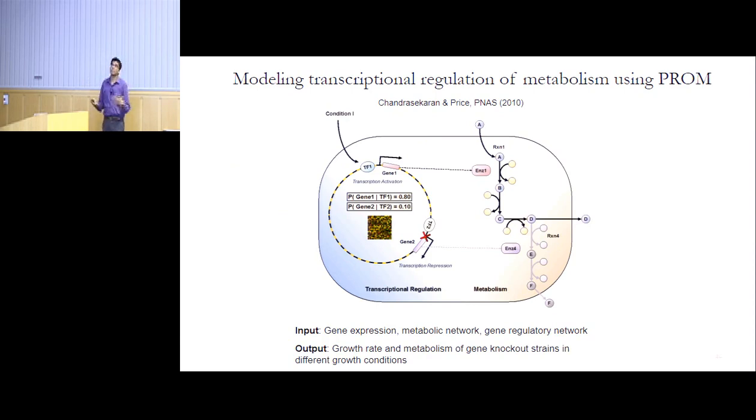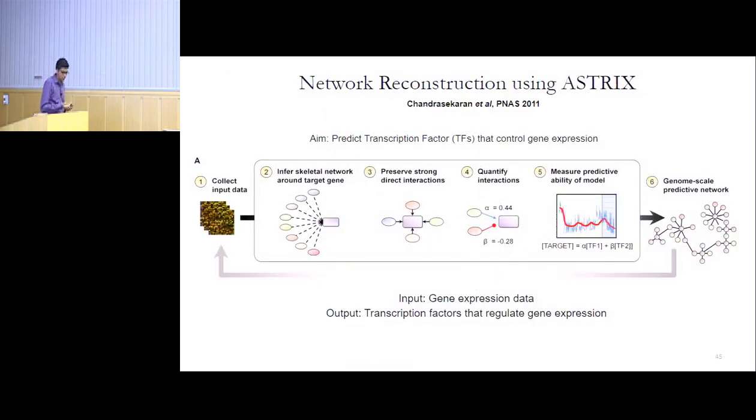It turns out that there's a lot of data on metabolic network topology for most organisms. There's also a lot of cheap microarray data. It's easy to generate, so even if you don't have it, you can always measure gene expression. What's really hard to get is this third one, the gene regulatory network. So I'm going to talk about cases like non-model organisms where we don't have that much data, and how we can address this issue. We developed a new method called ASTRIX that can build regulatory networks on the fly using gene expression data. This data is fairly abundant, so we can use it to get a guess regulatory network that you can then use in your subsequent modeling.